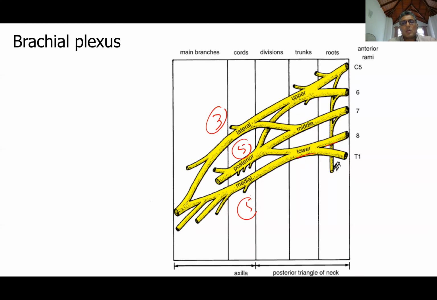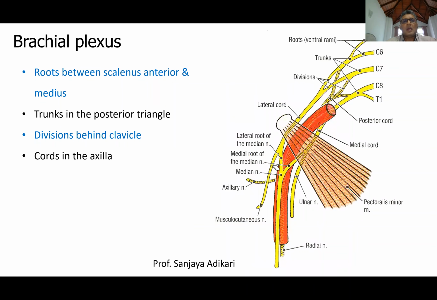From the medial cord, you get another 5 branches. Okay, that's how it happens. So we will take a look at some of these branches. Now before that, the typical description of the brachial plexus is that its roots